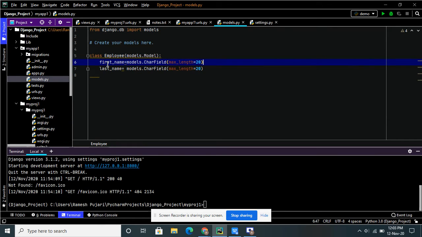Here I have taken only first name and last name. These are the character fields I have taken. We have some other fields also, and based on your requirement you can take them.